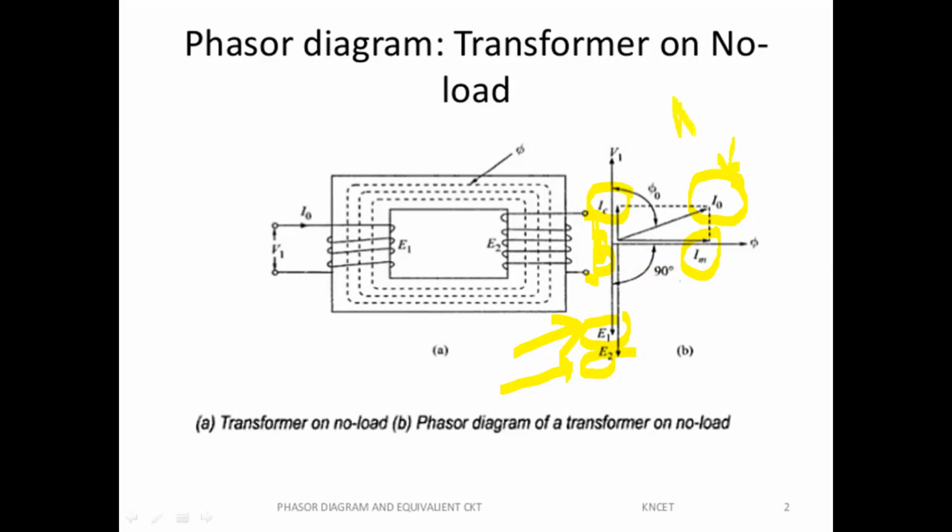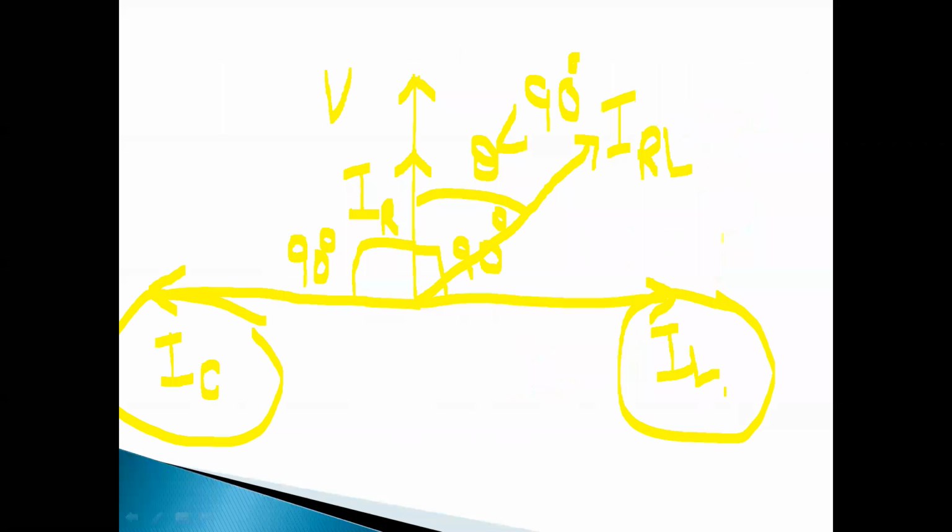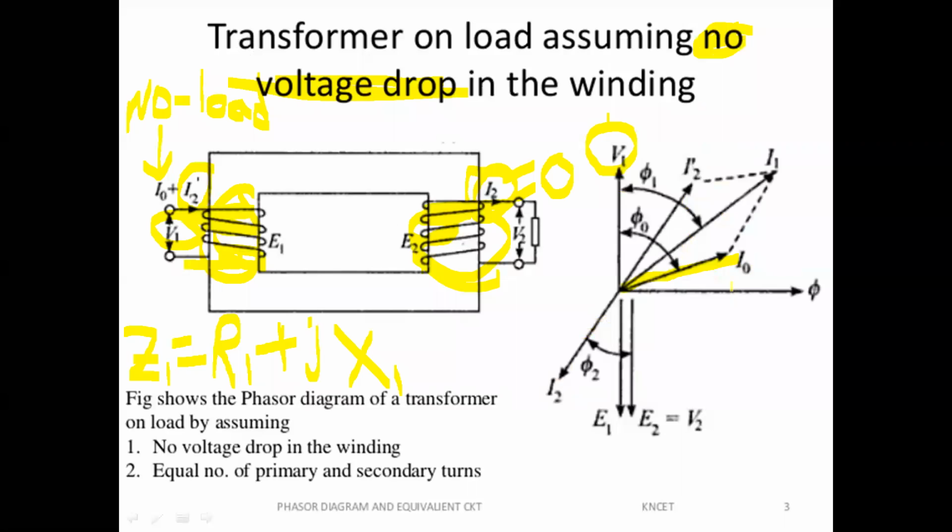So we take this no load current here. We do not mention the magnetizing component of current and the core loss component of current. We take only I0. Now this is the I2 value. If the impedance drop is neglected, we take a lagging current here for an RL load. RL load means the current lags the voltage by some angle less than 90 degrees. This is the secondary current I2.